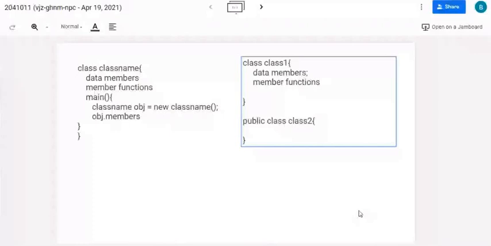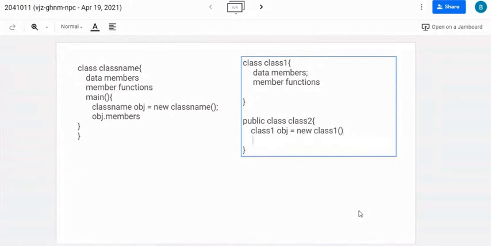Class name, object is equal to new class 1. Yes or no? We are creating the object of class 1. Yes, sir.